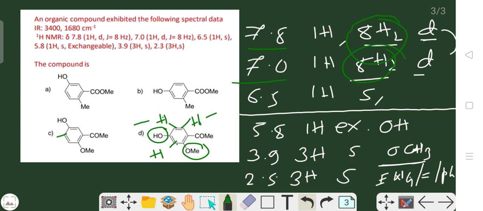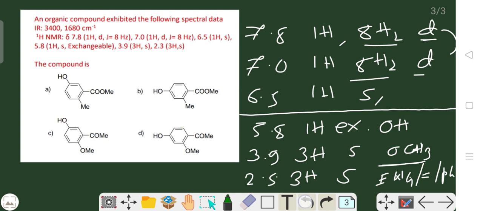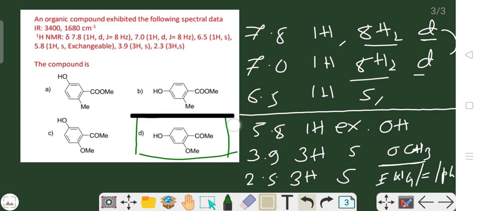So from the above conclusion, from these two techniques we can simply find out the actual structure of your given compound. From the given data, the predicted structure which matches your given data is D. So in this way we can predict the structure. This is the correct structure which exactly matches with your given data.